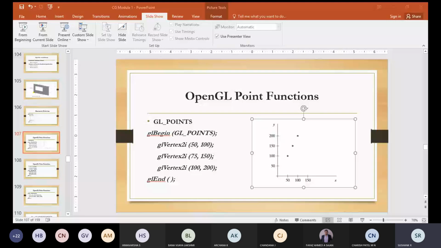After this, the line function is there, but before the line function, we'll just see one attribute. I told you that a default color and a default size will be there. You can change the size of a point by using glPointSize.